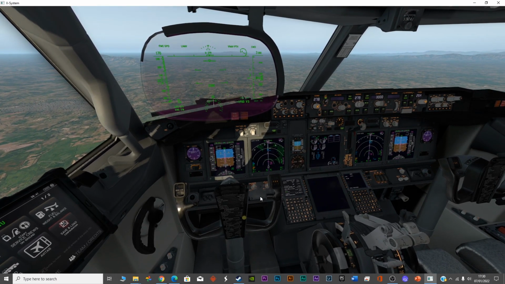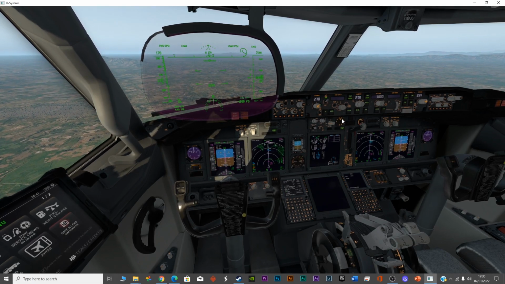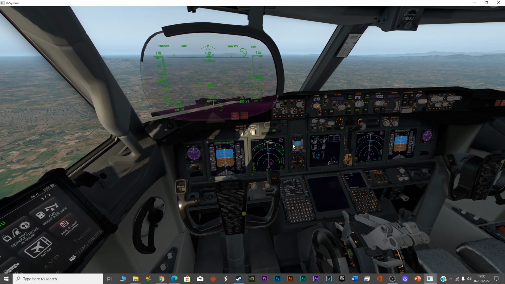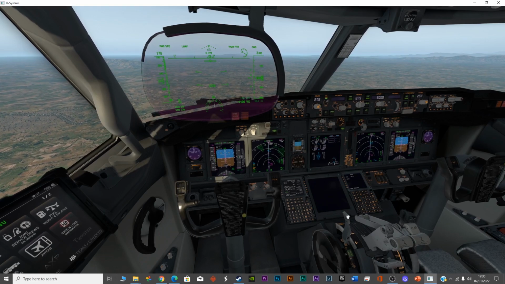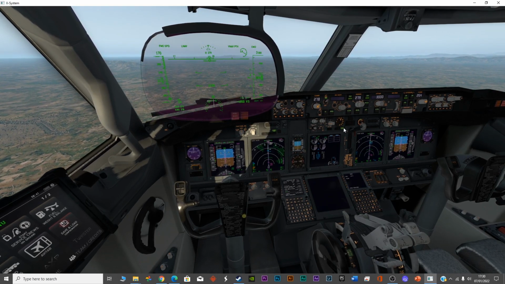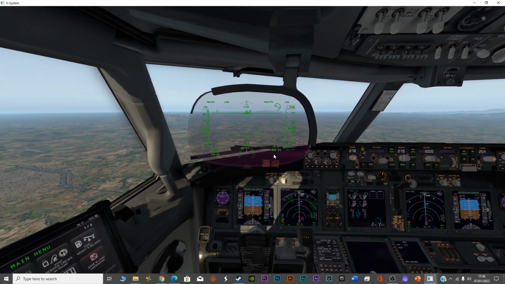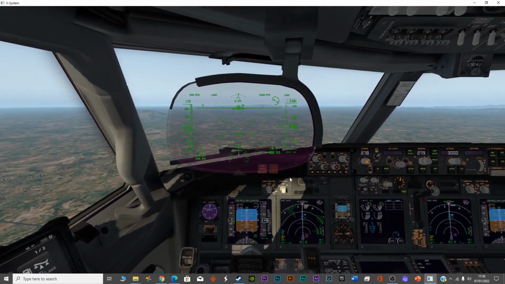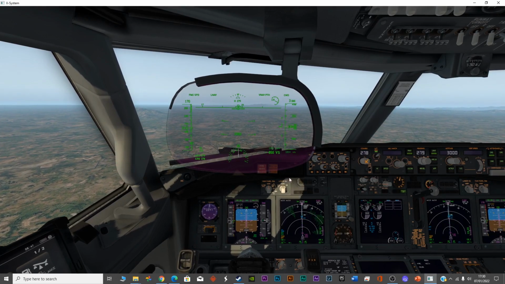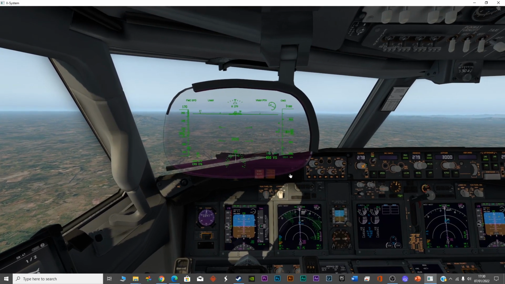So I can go up to 5 degrees of flap right now, and the speed will reduce, so it's good. Now the flaps are extended to 5 degrees. I can release the air brakes, and